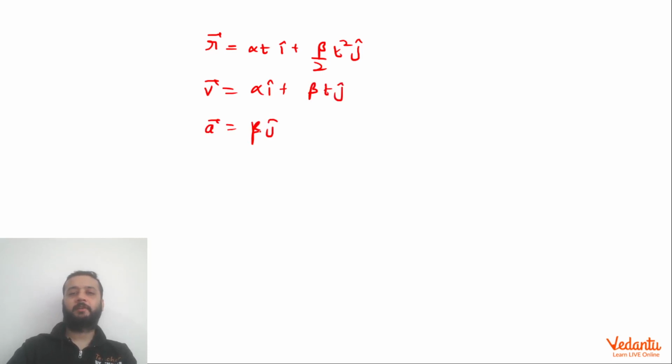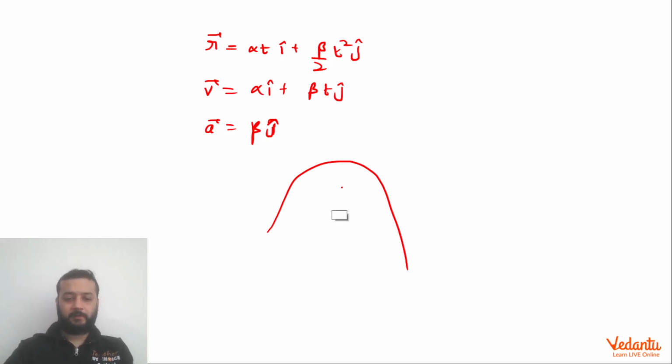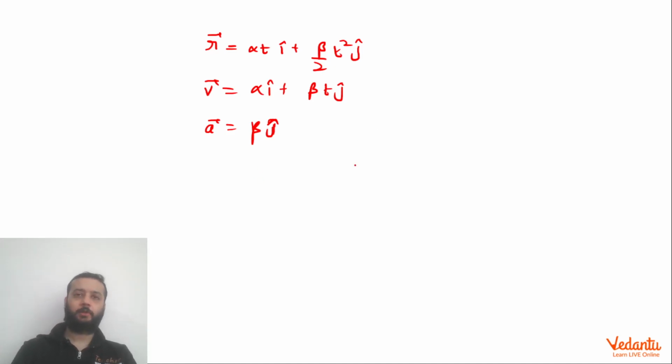So it's like motion under gravity. Okay, it's just that gravity is acting in the upward direction. Basically, motion under constant force. So it will be parabolic in nature, right? It will be a parabola. In this case, it will be an upward parabola because the gravity is acting in the upward direction. So basically, this sort of parabola.